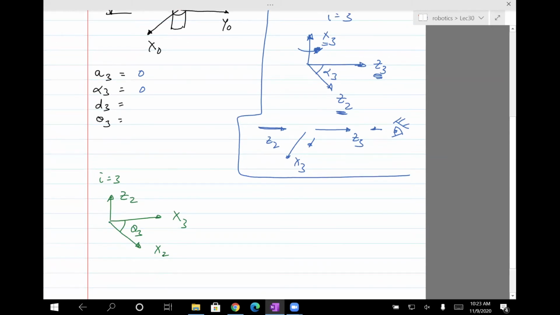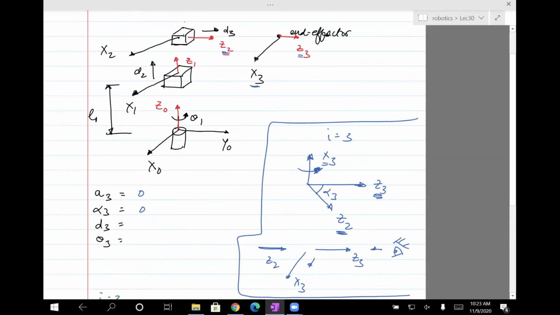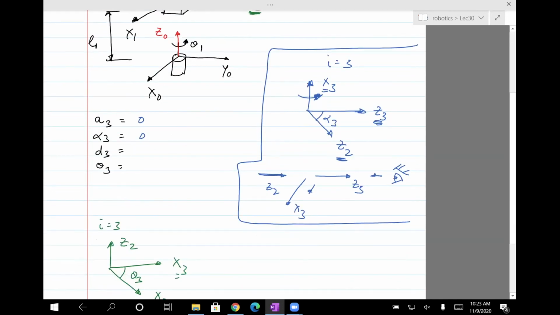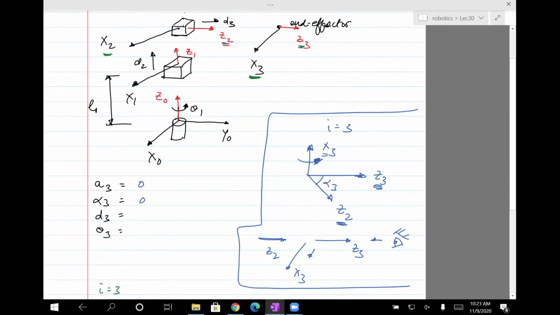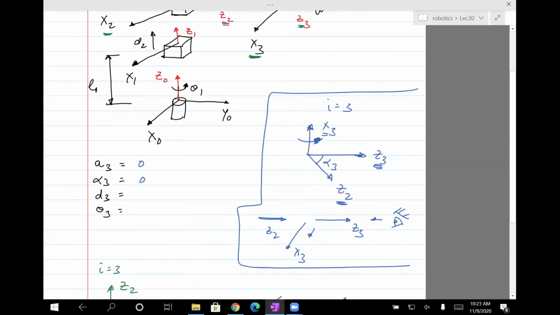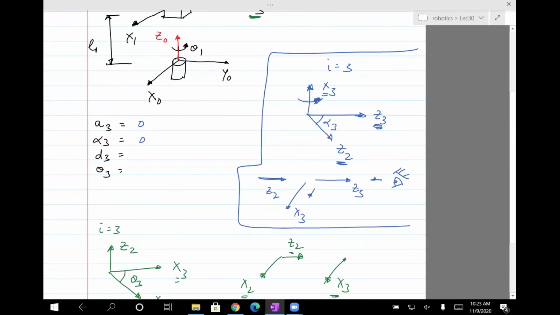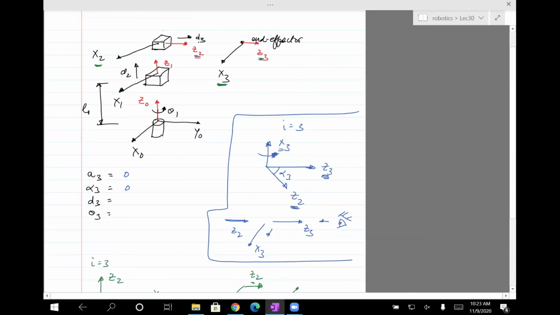Okay, the distance between x2 and x3 along z2. So let's see, x3 is right here, x2 is right there, and z2 is here. So let me redraw that. X2 points this way, x3 points out of the plane, and then z2 points this way. Okay, so the distance from x2 to x3 along z2, that's d3. And we can see from the figure that that distance is simply d3. So we'll write